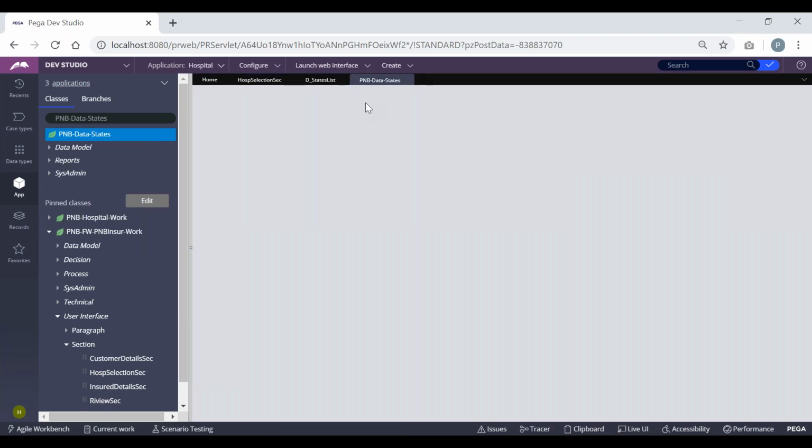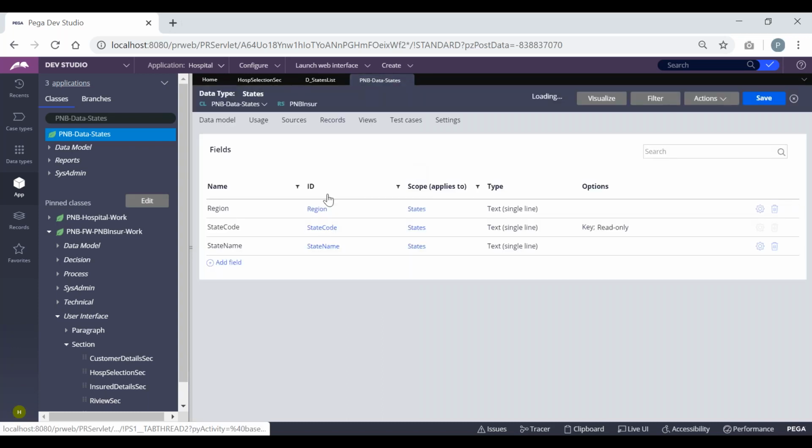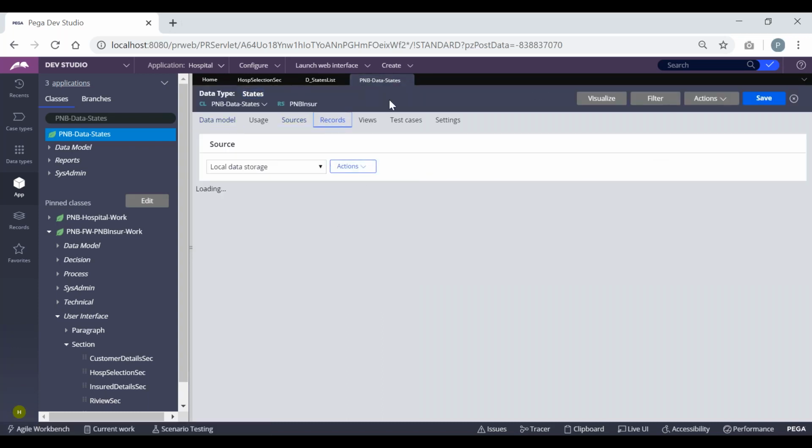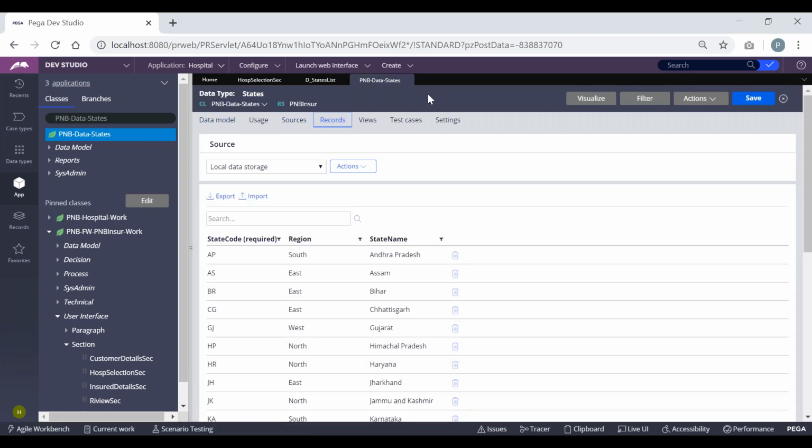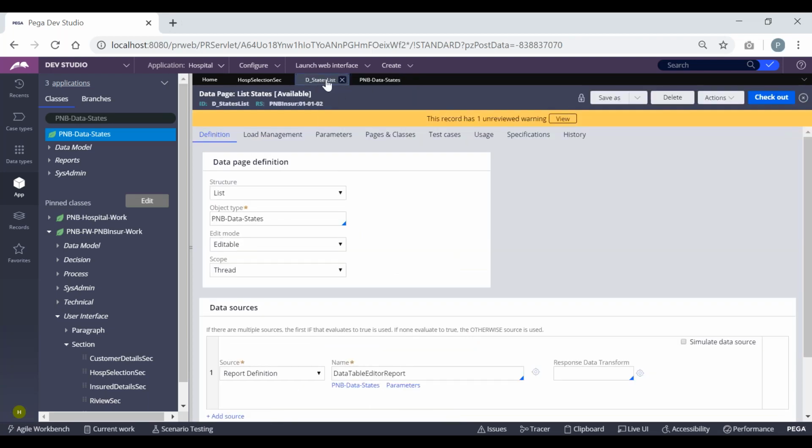And suppose you are trying to make some modifications in this data class, if you are trying to add some values, or if you are trying to delete values, the one thing you have to do is first remove the data page, else the details in this data page will not be refreshed. For the first time, the data page will be pulling some details from the data class and storing it in the clipboard. So data will be ready in the clipboard. Now in the data class, if you are trying to make some modifications, what happens is there is already a data page existing. So whatever new data we are entering will not be refreshed into this data page. So that is the problem we usually face.